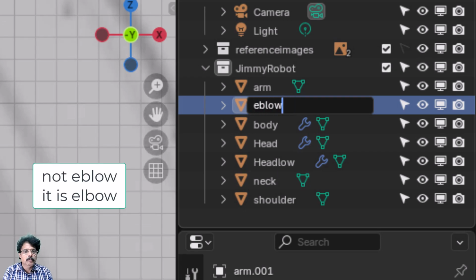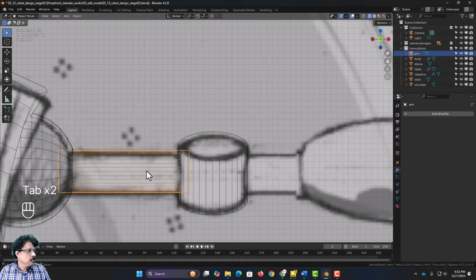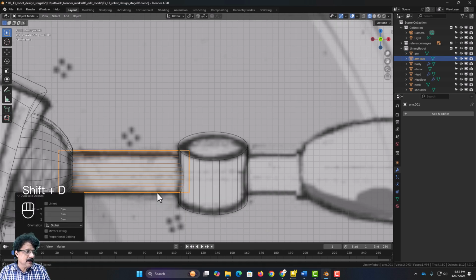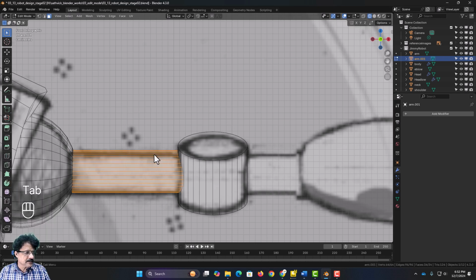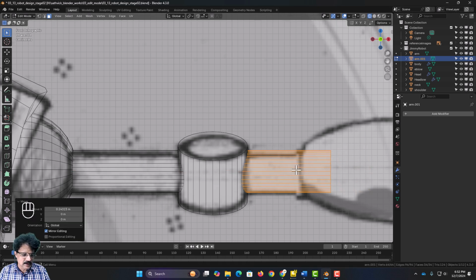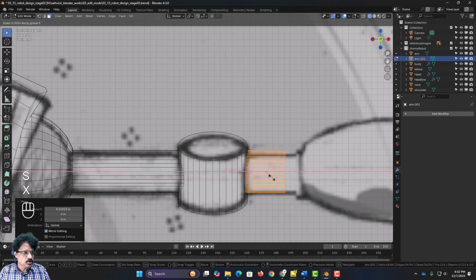as elbow. Now I am going to select this arm in the object mode, press Shift D, move it and right click to just duplicate it. I will then press Tab and come into the edit mode, press GX and move it on the other side like this, then SX to scale it along the X axis, GX and slightly move it